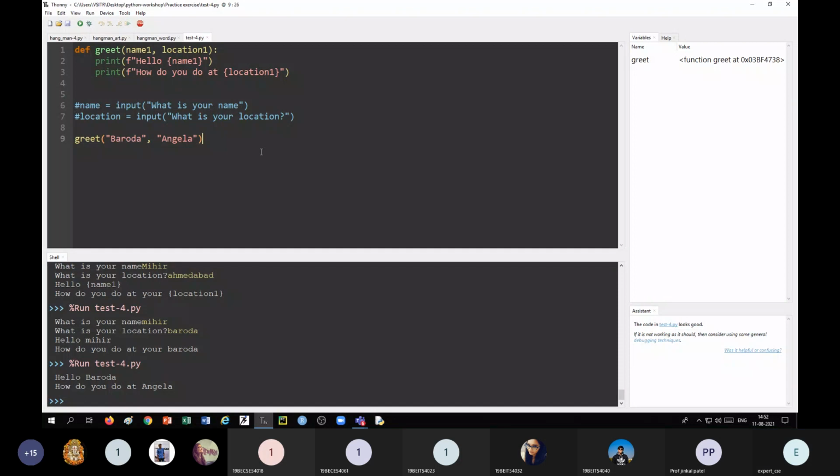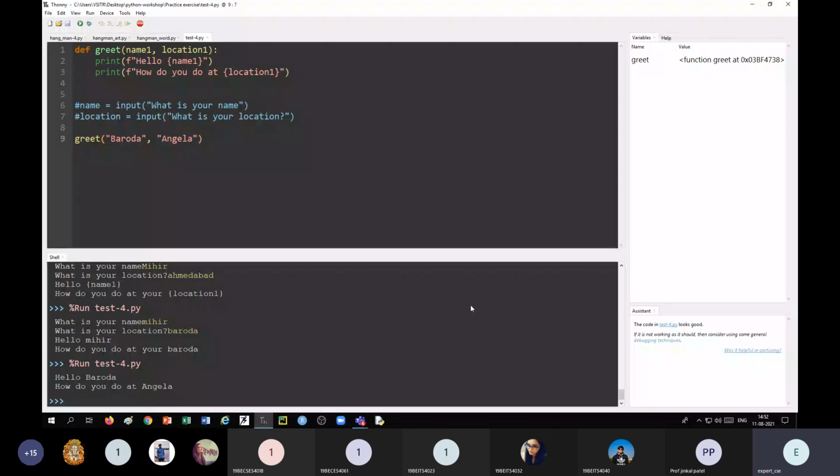Okay, but Python gives you the facility where, instead of using the positional parameter, you can use the keyword parameter.